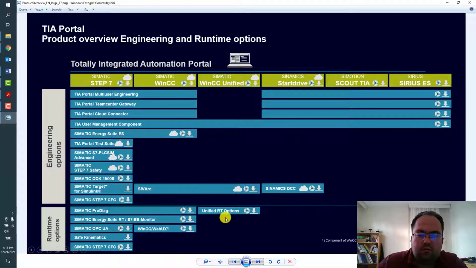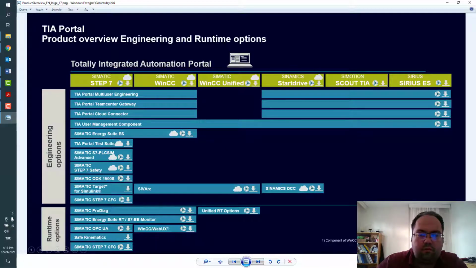this is the product overview picture of options for engineering and runtime. There are three icons on the right side of each optional package, and licensing and prices depend on the option you choose.